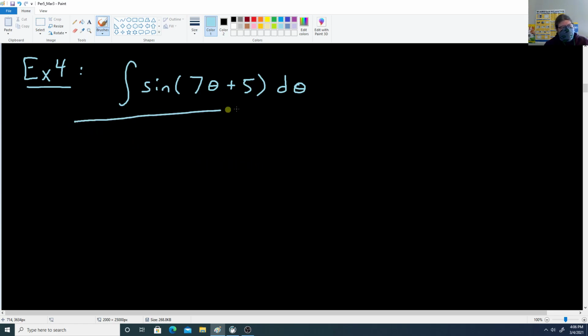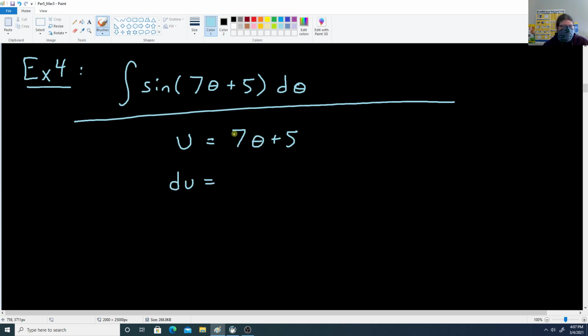So with this, sine is the outer function, 7 theta plus 5 is my inner function, so I'm going to let u be the inner part, 7 theta plus 5. So when I take the derivative, instead of getting a dx at the end, this time we're going to get a d theta at the end because our variable is theta instead of x. So when I want du, 7 theta's derivative is 7, 5's derivative is nothing, so I have a 7